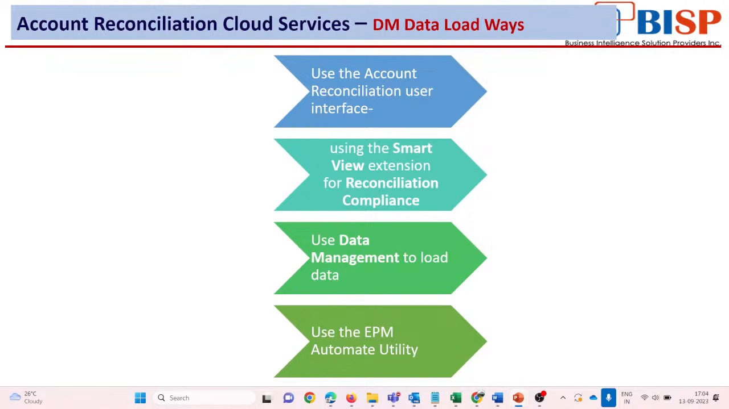and the fourth one is that we can also upload data through the EPM Automate utility, and we can also perform certain other functions in ARCS by using the EPM Automate utility. So till date we have seen the first one, the Account Reconciliation interface, and the Smart View extension we will see in a later session. Today we will be looking at the data load through data management, which is also a very common method,